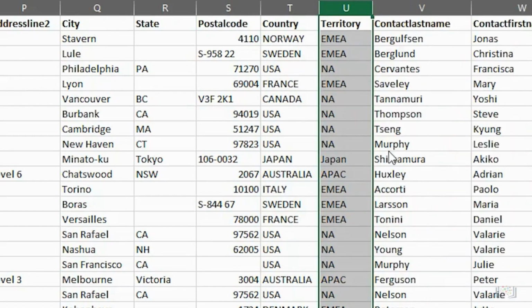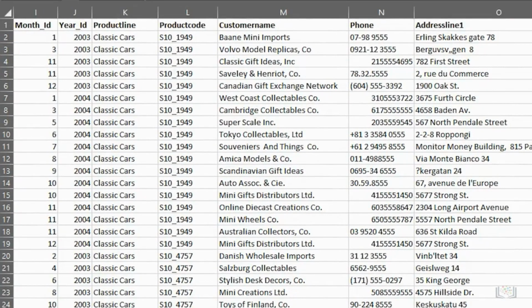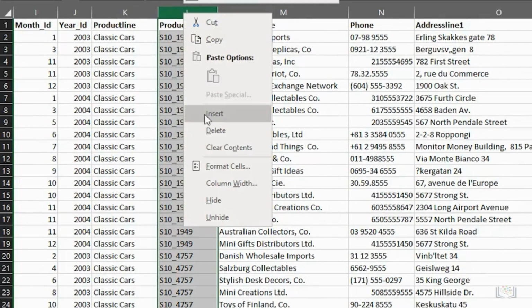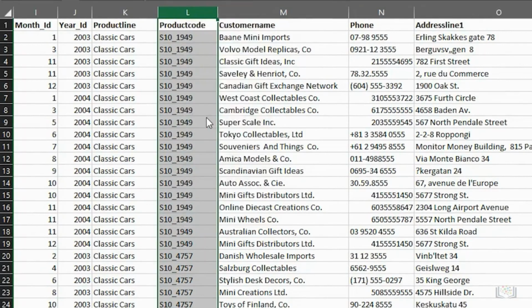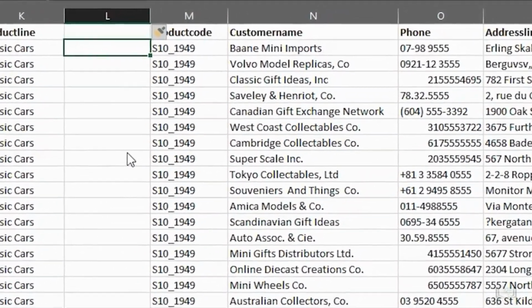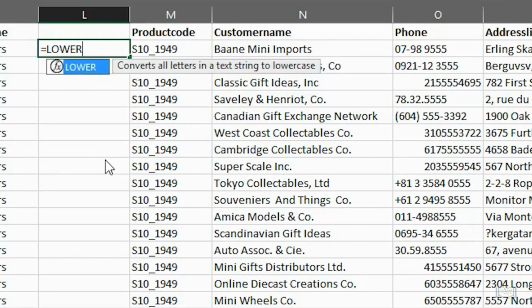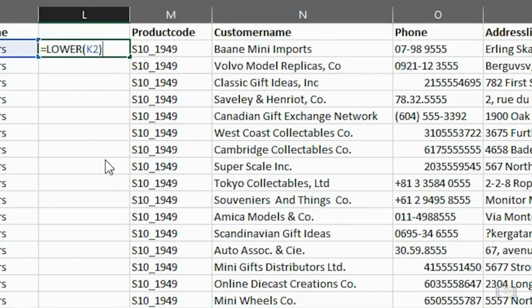Next, we'll use the lower function to change text from proper case to lowercase. As before, you insert a column to the right of the column you want to change. This will be another helper column. Then, you type the formula containing the lower function in the first data cell in the helper column. Once again, it's a very simple formula. You type equals, then lower, then open parenthesis, then the cell reference, in this case K2, and then close parenthesis